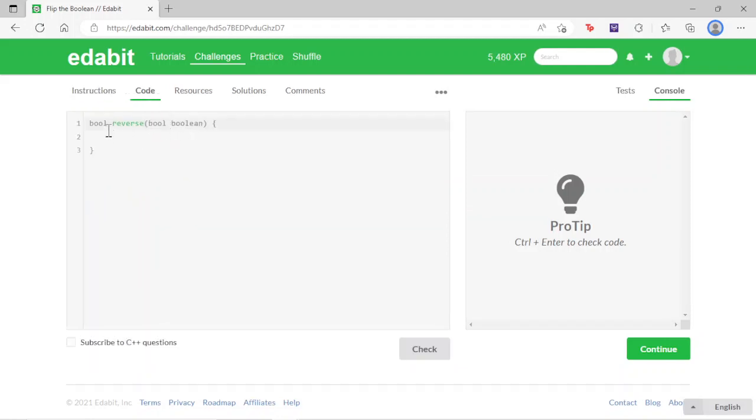As you can see, the function is a bool and the argument is a Boolean. The name of it is Boolean. So what we're going to do to solve this problem is we're going to use an if-else statement. So if, and the condition inside the if statement is going to be if Boolean is equal to true,